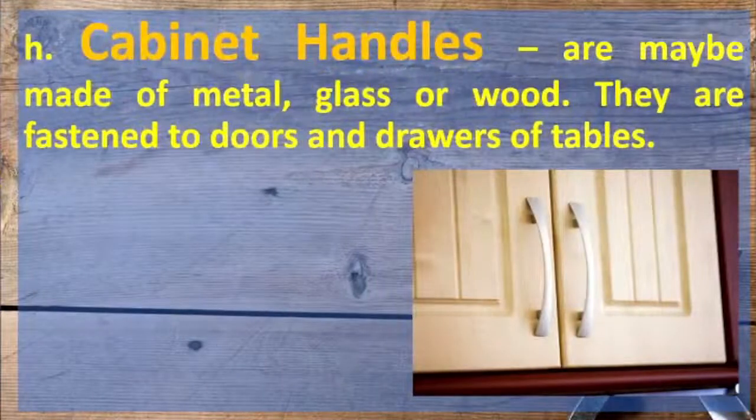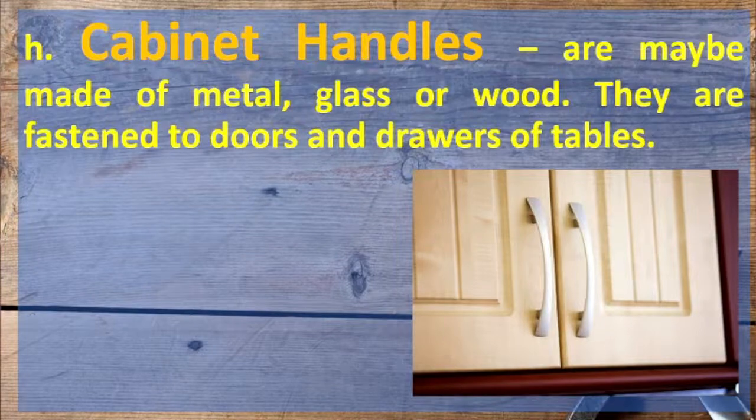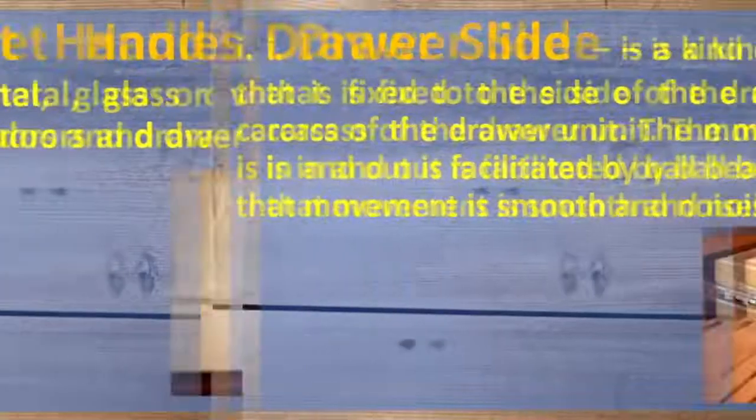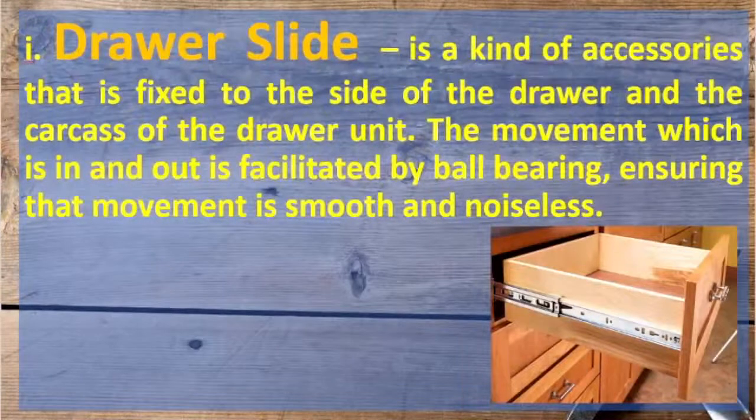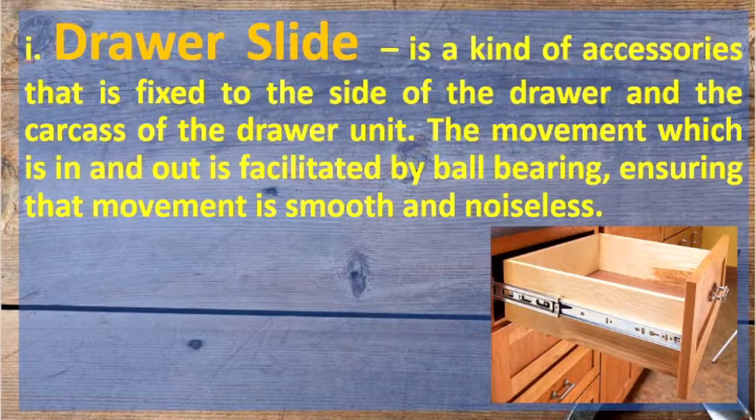Cabinet handles may be made of metal, glass, or wood. They are fastened to doors and drawers of tables. Drawer slide is a kind of accessory that is fixed to the side of the drawer and the carcass of the drawer unit. The movement, which is in and out, is facilitated by ball bearings, ensuring that movement is smooth